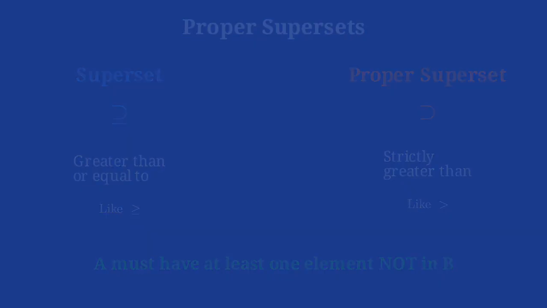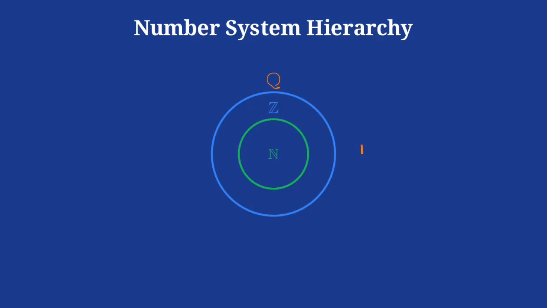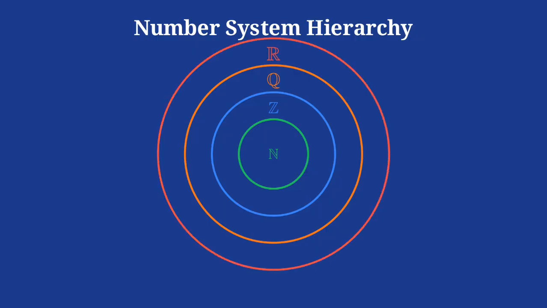Now, let's see this concept in action with something you use every day, the number system. At the center, we have the natural numbers. Expanding outward, the integers contain all the natural numbers, plus 0 and negative numbers. Expanding further, the rational numbers contain all the integers, plus fractions. And finally, the real numbers contain all the rational numbers, plus irrational numbers like pi and the square root of